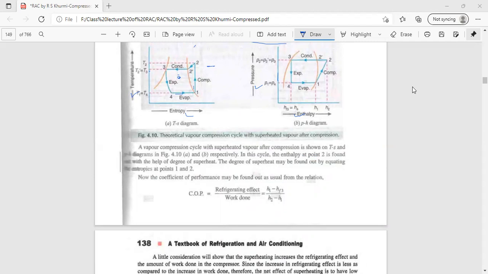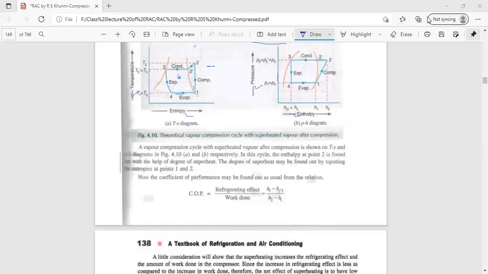Compression is starting here from point 1, so the degree of superheat is separated up to point 2, and then during the condensation process it is